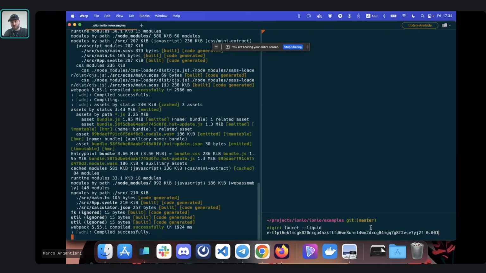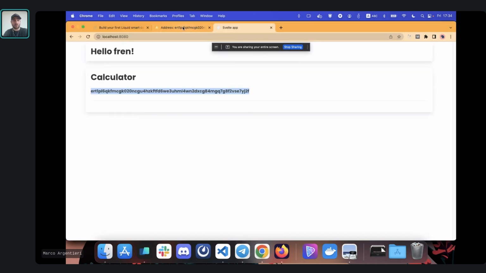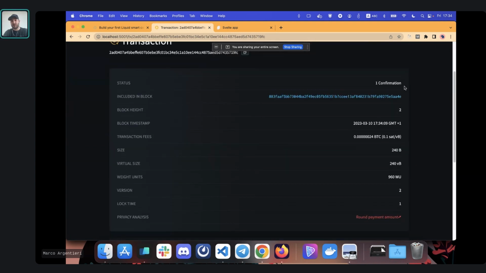All right. So we have our transaction ID. Let's go check on the blockchain. As you can see, Nigiri automatically did the mine. Otherwise, if you already know how regtest works, you should have done something like elements-cli generatetoaddress. Nigiri basically abstracts this for you. Whenever you push or broadcast to the Explorer, we intercept that and mine the block for you